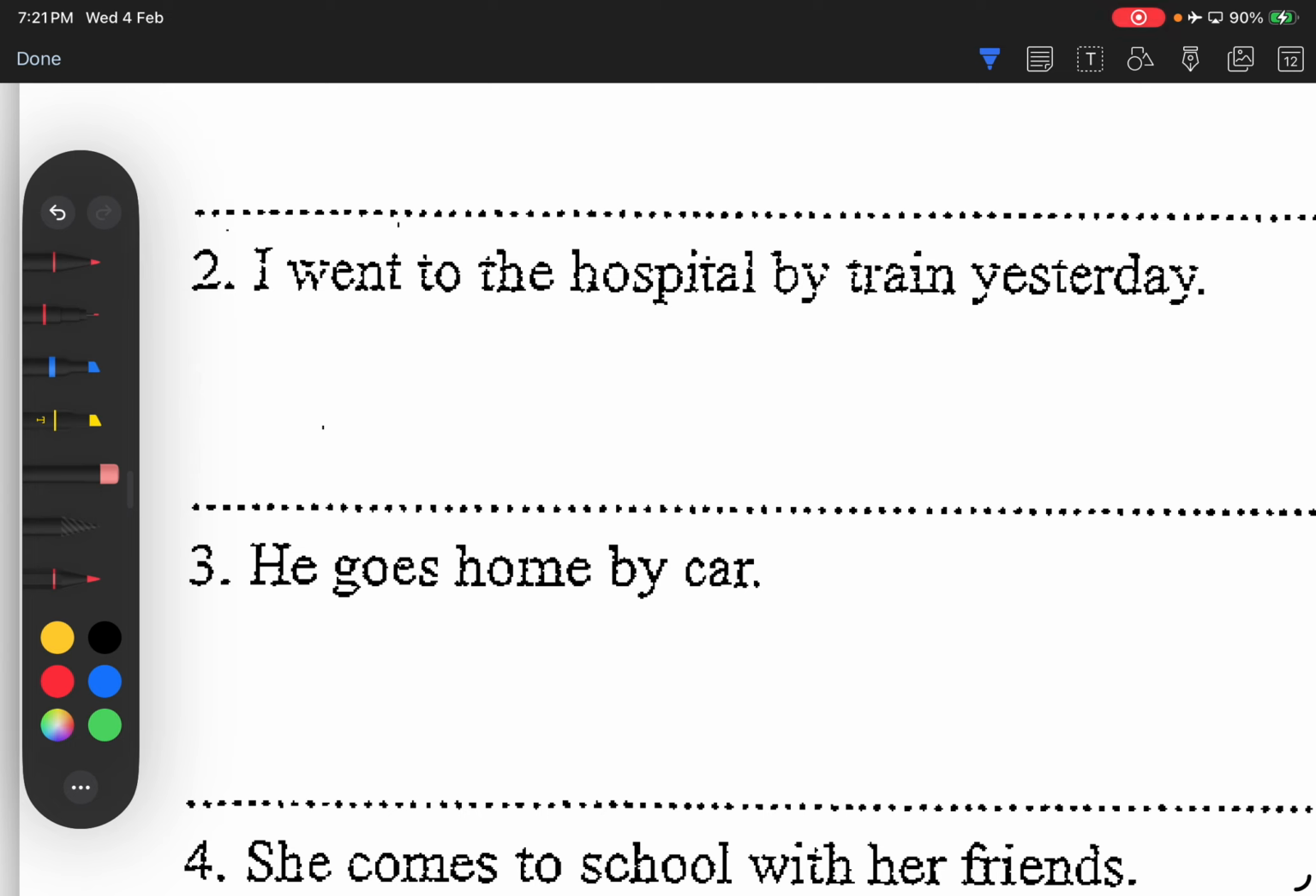So think of it as we will say the big places first in the sentence structure. We will list out the big places first, then we go on to the smaller places. So in this case, the hospital is bigger than the train, so we will mention the hospital first. So 昨日病院へ電車で行きました。